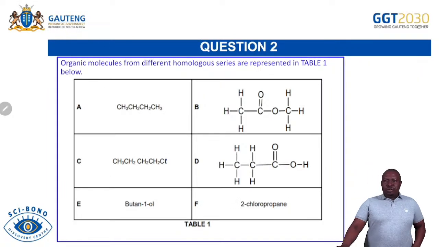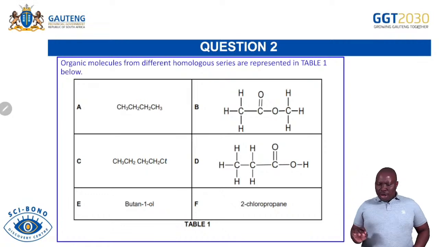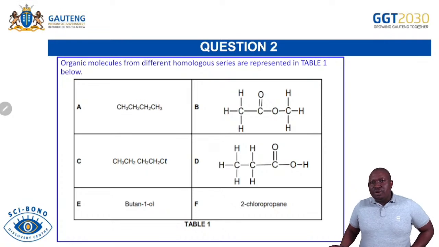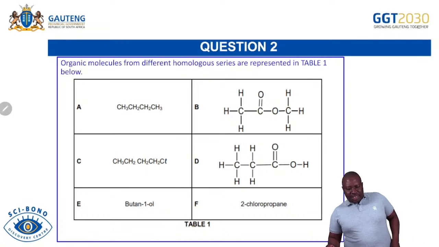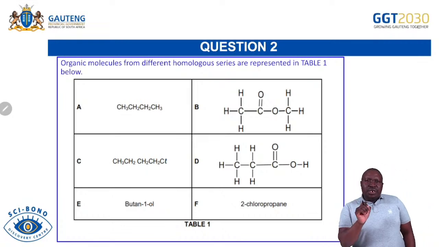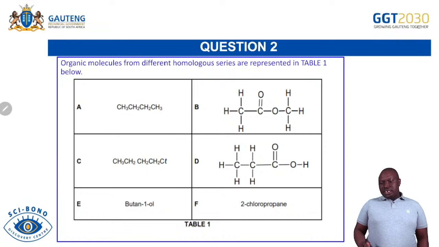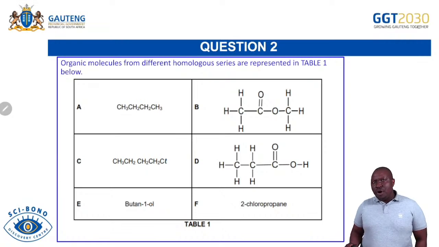Now, we move to question 2. As I indicated already, for question 2 we are dealing with the naming of organic molecules. We are dealing with isomers. So here, there are specific things. The main aim of this lesson today is to ensure that you get strategy. As you go on the 28th to write your prelim exam, you go there armed, knowing that this is the strategy you must use for question 2.